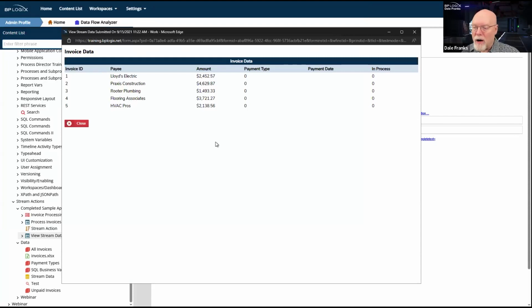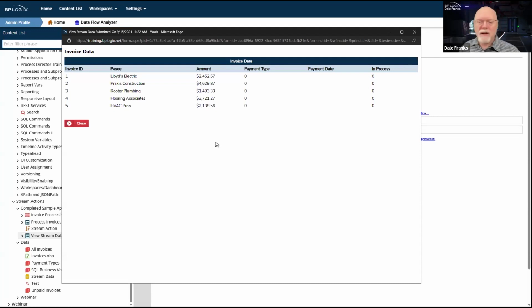Now these records are unprocessed invoices. So let's say that we have these invoices that need to be paid, that need to be processed. They come along on some frequent basis. Arbitrarily, let's just say that every day I need to check my external database, my CRM or ERP database, and I need to look to see if any new invoices have come in and check to see of those new invoices, which of them are currently being processed, or which of them, in this case, are not being processed, so that I can